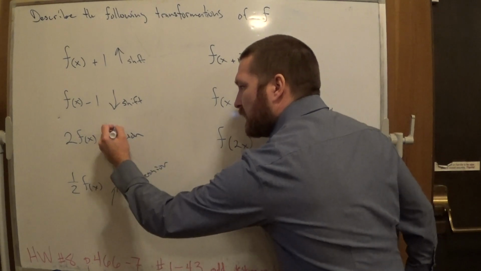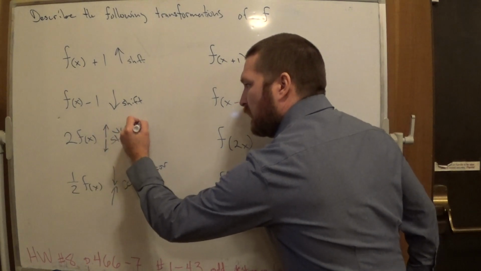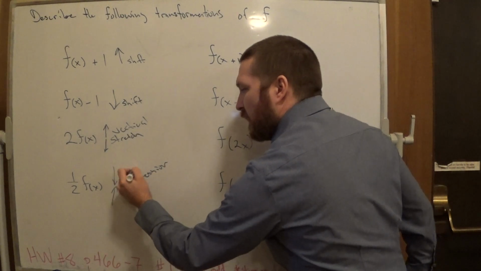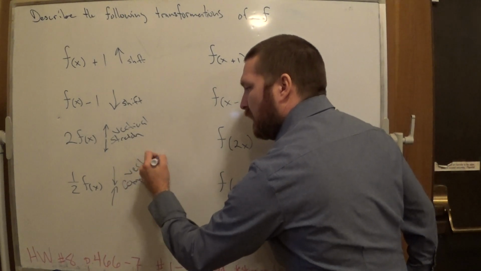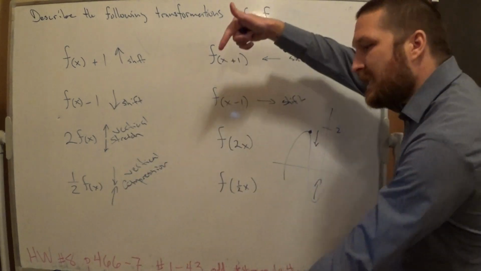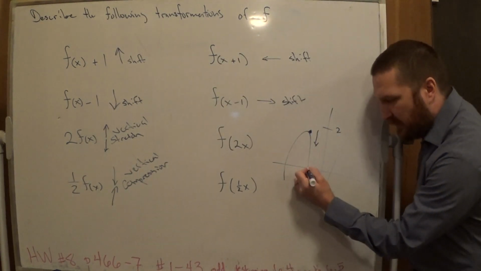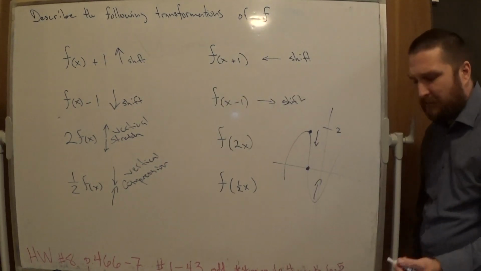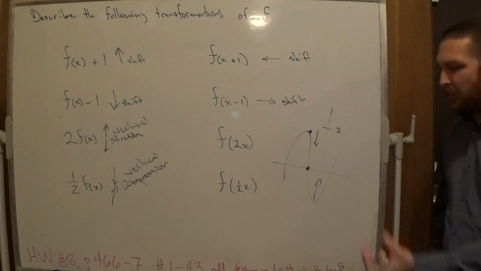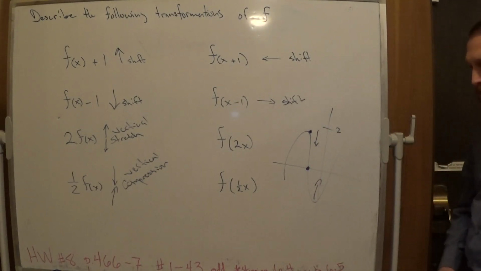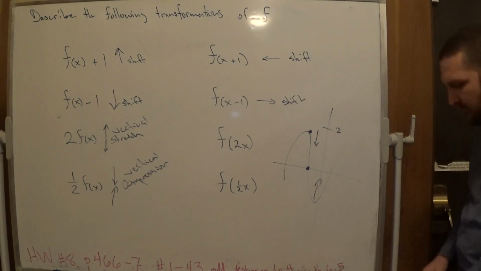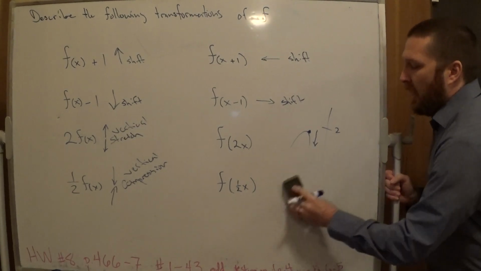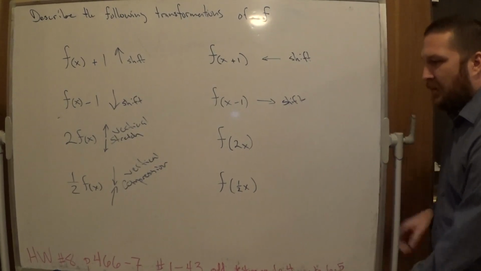And I do actually want to say this. So we called this a vertical stretch. This was a vertical compression. Again, towards the x-axis, because if you're actually here at 0, multiplying something that equals 0 by 1/2 is not going to change that you're still at 0. Okay, so a horizontal